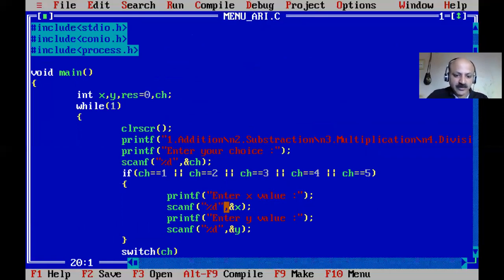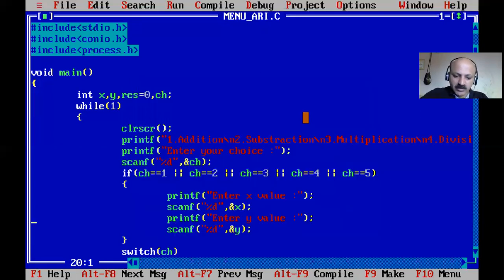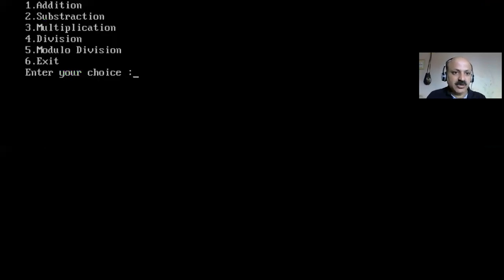So first you save, yes, F2 is there, and then F9 to make a new exe. Otherwise, what happens is your previous exe file runs and your changes do not appear in the latest exe. So always save, then compile and then run. That maintains your sequence, so you can see the latest output of your file. Okay, so now I give Ctrl+F9 and let us check whether some more improvement is required.